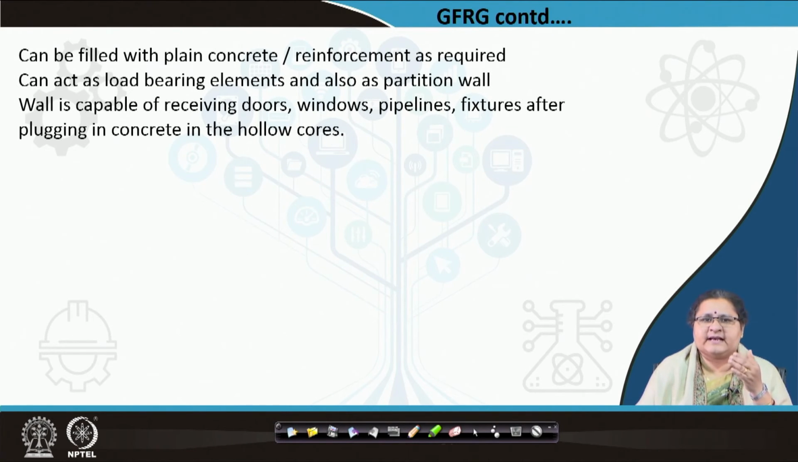And this glass acts as a reinforcement there. So, it is hard, it is tough, it can take impacts. These hollow spaces you can actually plug in with reinforcement if required or plain cement concrete if required to give it more rigidity. Otherwise, you can use it as a partition wall within a building system. The hollows also allow pipelines etc. to move,